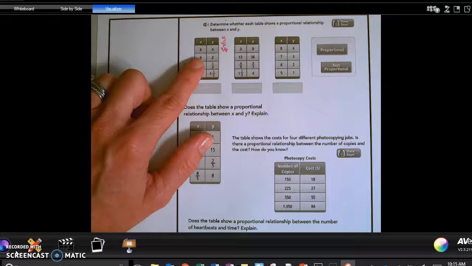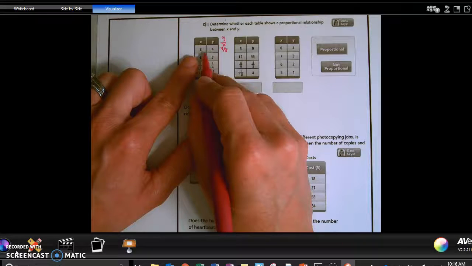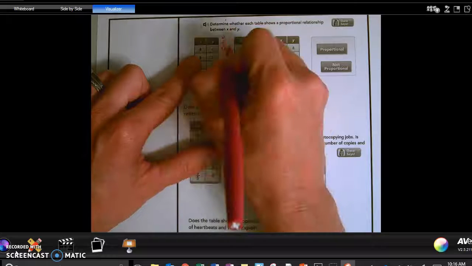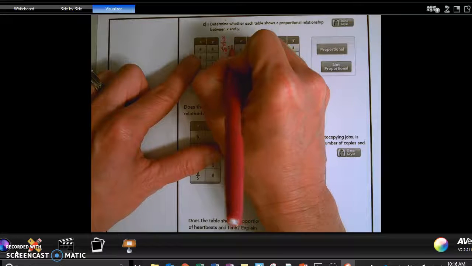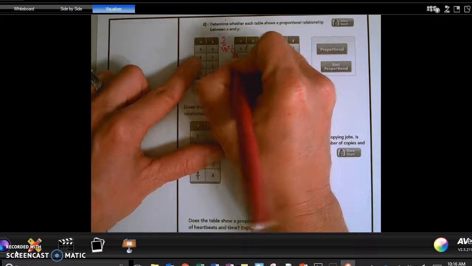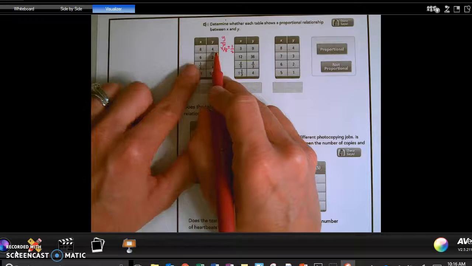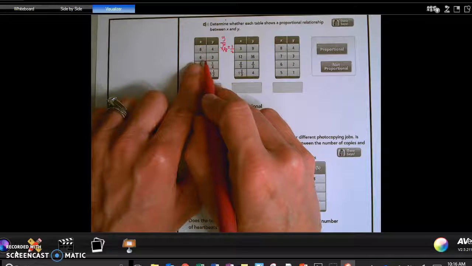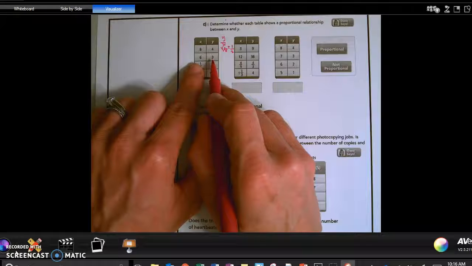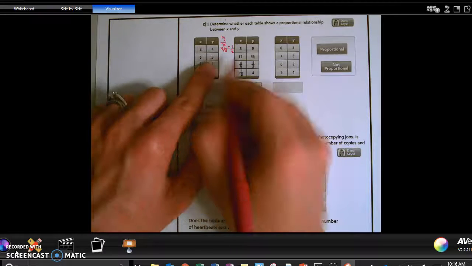4 over 8 can be reduced because 4 is a common factor of 4 and 8. So if I divide 4 by 4, I get 1. 8 divided by 4 is 2. In my next row, I'm going to put y over x. So I'm going to put 3